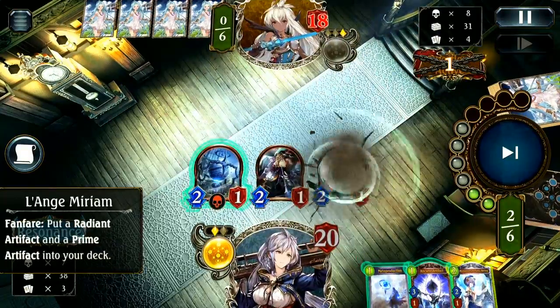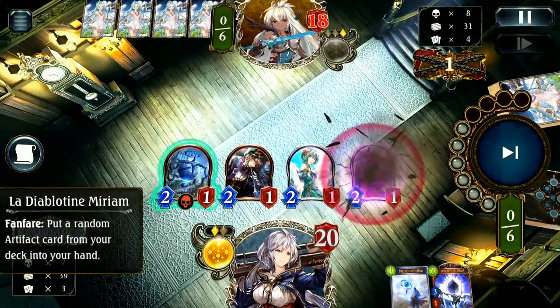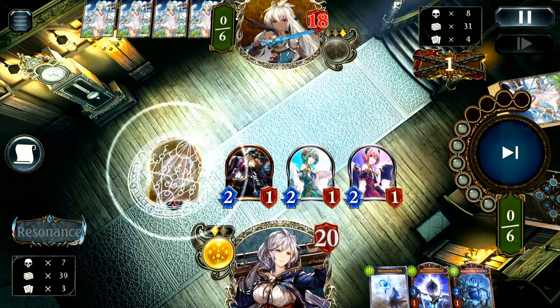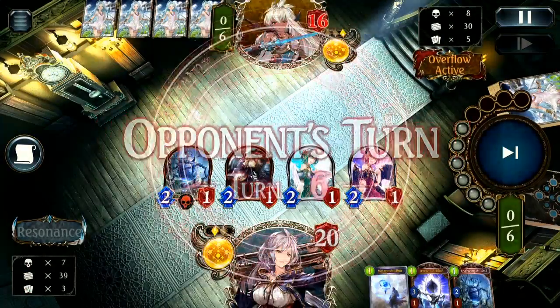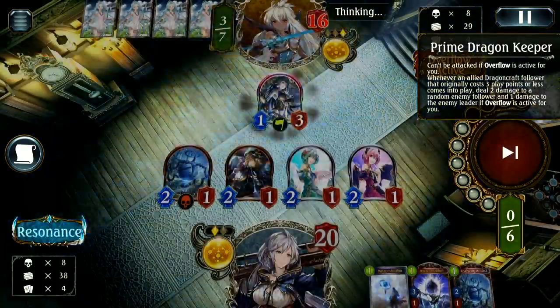I'll be your piece. So we're going for the Miriam, putting a couple cards in the deck, and then going for the draw. Felt like that was the best way to take advantage of it. That way we could pretty much flood our board with cheap drops. The flames are like a Prime Dragon Keeper kind of ruining our day a little bit,